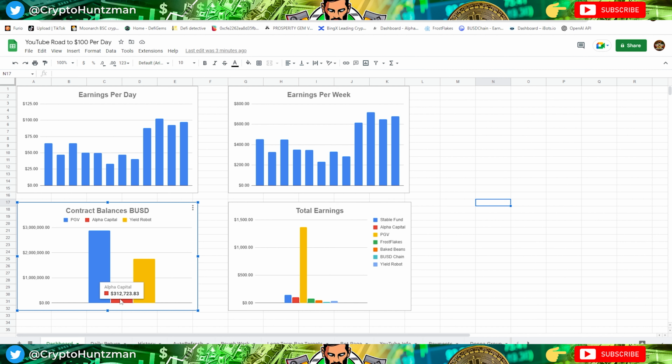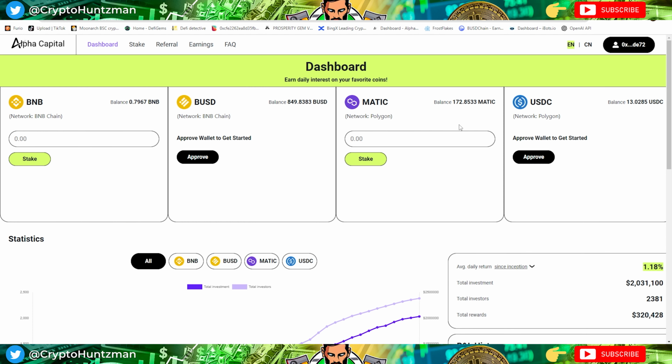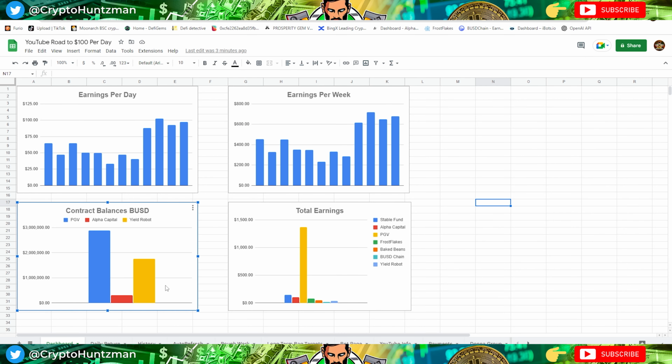I'm going to eventually be implementing whatever other tokens it has: BNB, Matic and USDC. I aim to have this sheet open most of the day and get live updates. I have it set at the moment to every 4 hours because I'm editing it, but I can have it update more often, so there's no more jumping from BSC scan and going through the contracts, making sure contracts look good. I'll see these starting to increase or drop if it does happen. So it's just an extra step to hopefully stay ahead of what's happening in contracts.